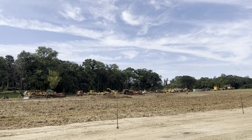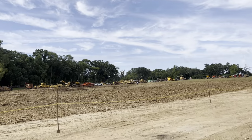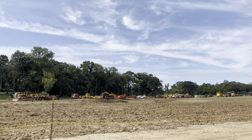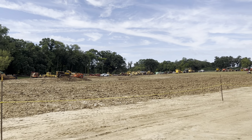This guy's having fun with this. You know, he's like big old boys with the toys. You see how that kind of wedges, it's like kind of like a shovel. And then the